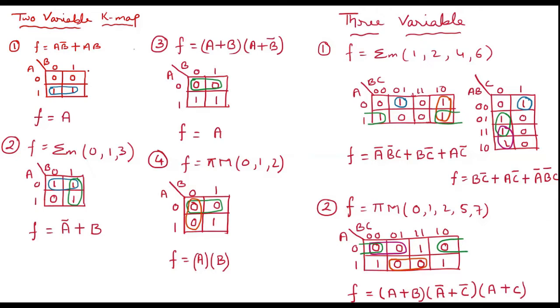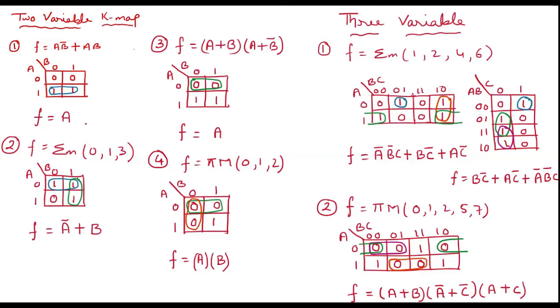Now I have to look for octet, quad, pair and single. But here octet is not possible, quad is also not possible. So I am finding these two 1s. If I consider, I can make a pair. Okay, so you can see I have made a pair over here. Now we know that it can be made horizontally or vertically. So this is horizontal. After making a pair, let me find out what I am getting from here. So A is common to both of these, but B is changing, right? So the answer is A over here. So I have taken F is equal to A. So this is how I have solved this two variable.